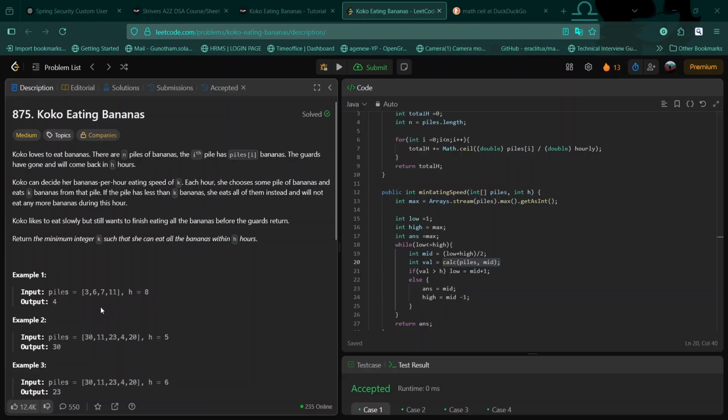But is it the lowest amount of bananas she can eat? So we can just update the value of high to mid minus 1 in this situation, and we have stored the value of answer as well. And now we'll check again. Now we have 1 and 5, and the mid value would be 3, and in this case 3 does not satisfy the solution, so the hours will be greater than h. So in that case we are increasing the value of low to mid plus 1,